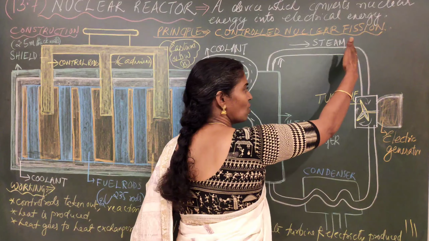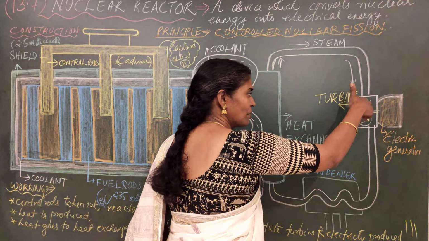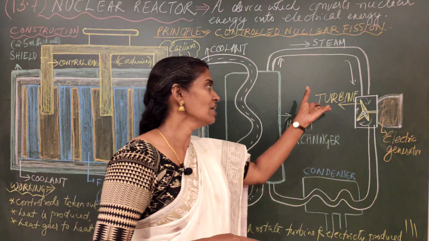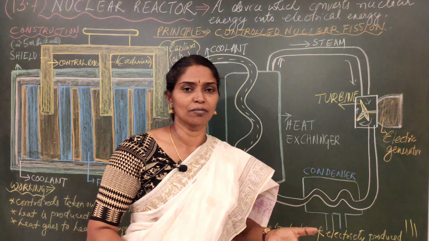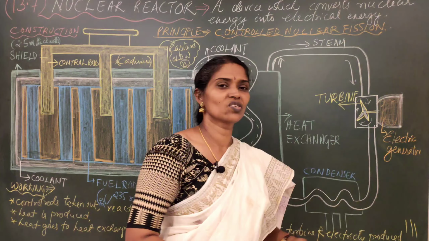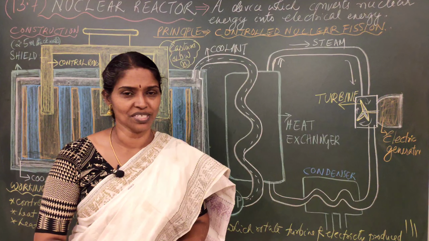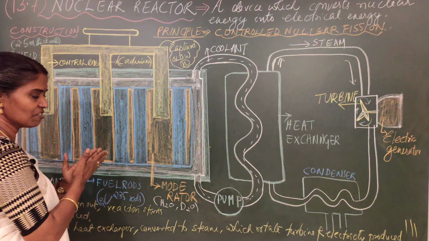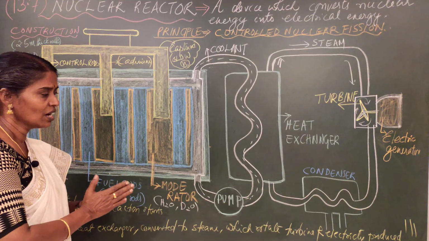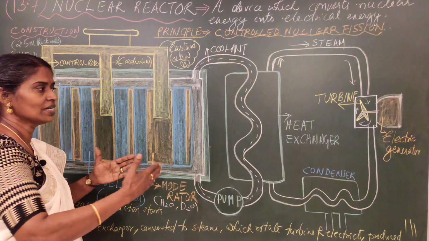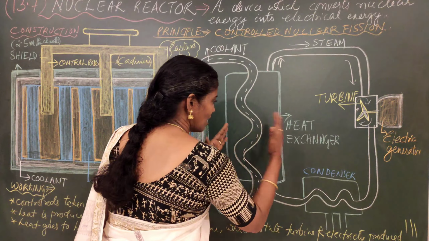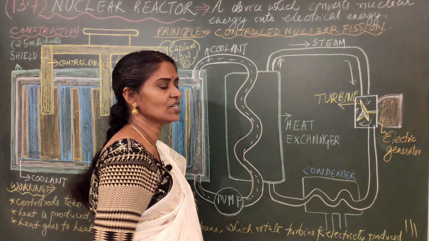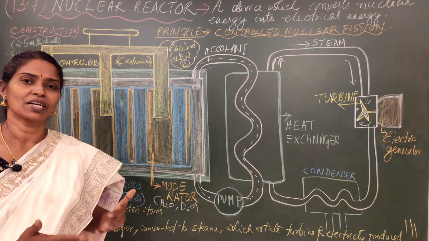That steam goes through a pipe and comes to a turbine. This turbine starts rotating due to the steam on the blades of the turbine, which is connected to an electric generator where you can get electricity outside. So you can divide the whole figure into two. Number one, where the nuclear fission process is happening. The heat generated is used in the other half. Heat is given to the coolant, to the heat chamber, and finally to the turbine where you get electric current.